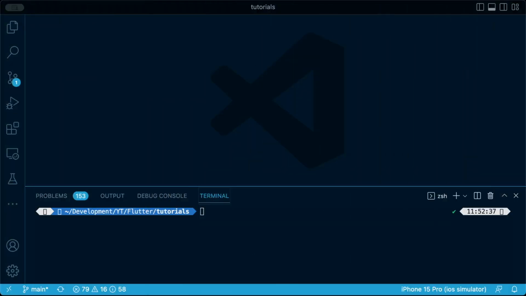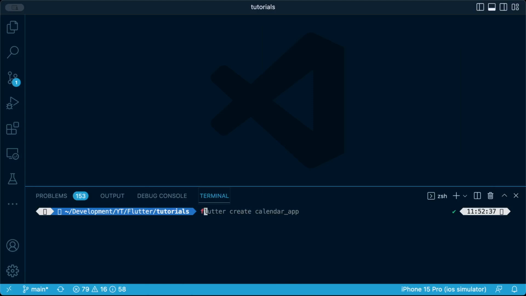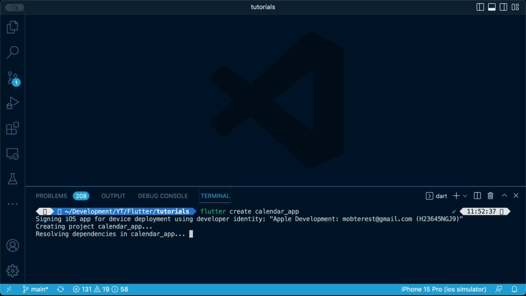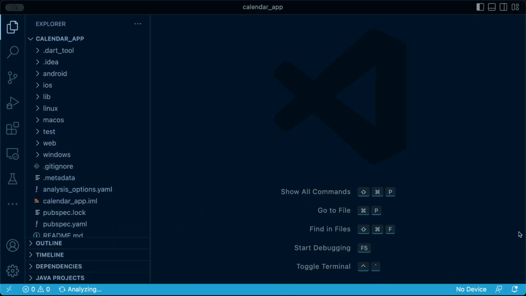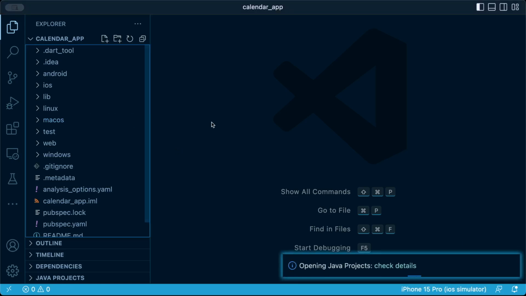Let's start by creating a new Flutter application. We'll head over to our IDE and enter flutter create calendar app. This will create an app for us. Now let's navigate to it. And here we have our project. Next thing we're going to do is